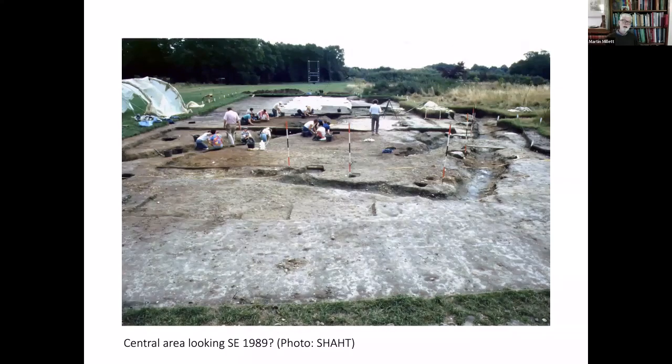So what I have done in drawing the stratigraphic side together is to start off from Geoff's phasing of the early seasons of excavation, and I've tied that into the pottery sequence that we recorded in the 1990s with students. I should say that that pottery work was done as an evaluation exercise with student trainees, and there's very little doubt that if you went back to the something like 5,000 sherds of pottery that are available from the site, it would be possible now to get more out of it, but I don't think we're